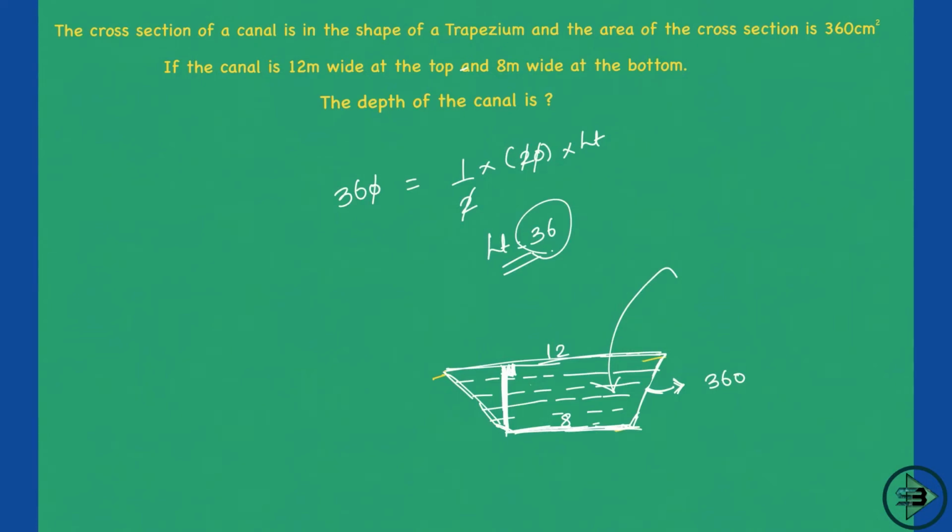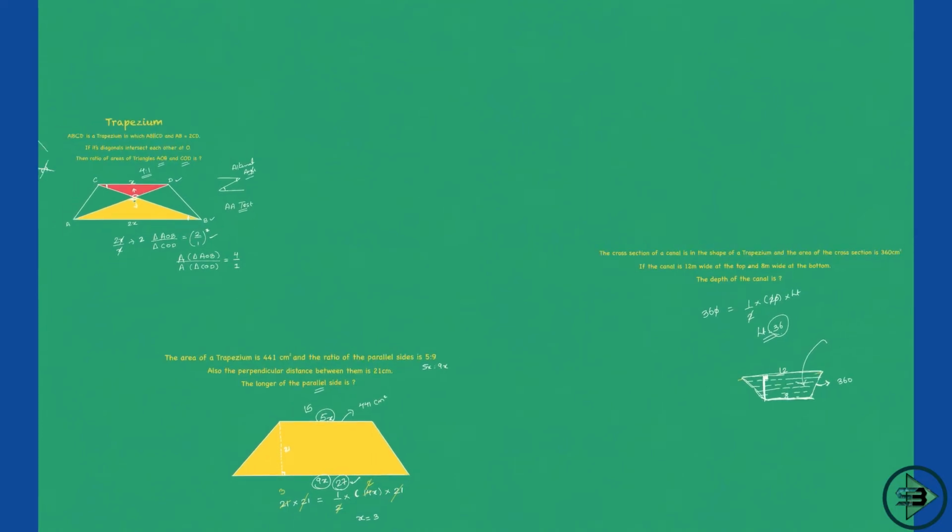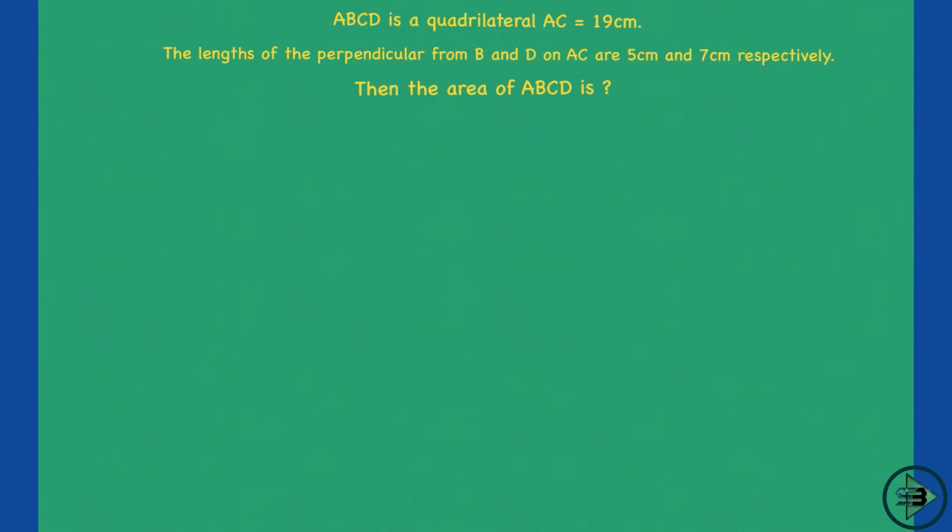So in this case, it was not a plain problem of trapezium, but they give it to you to visualize. Think how the canal will look like and what exactly you are supposed to find out. So you have to use the formula only, but application in a real life problem of a trapezium area is something that you can find with this problem. Okay, so again a simple problem only. So that's it with the 3 problems on trapezium. I hope you got a concept as to how you can get the various problems on trapezium. Okay, parallelogram, rhombus and trapezium.